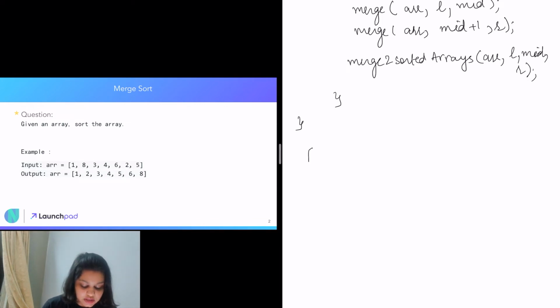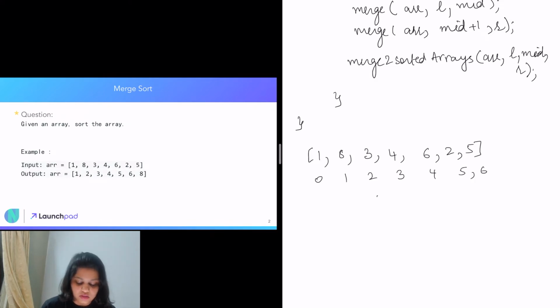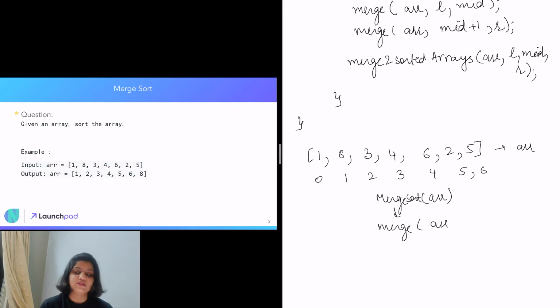So in our initial example, which is 1, 8, 3, 4, 6, 2, 5, this is a 7 length array. Okay, so initially we will call merge sort with the array, then merge sort is going to call merge with the array, 0 and 6 being L and R. Then merge is going to check if L is less than R, which in our case it is. It is going to find mid, which is 0 plus 6 upon 2, 3. And then it is going to create two subarrays, right, which will be from 0 to 3, and this will be from